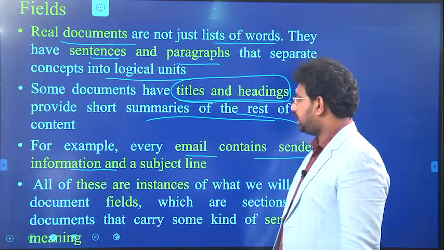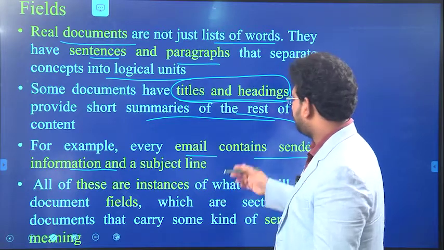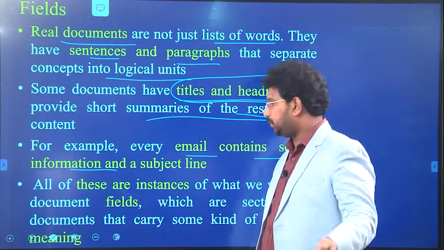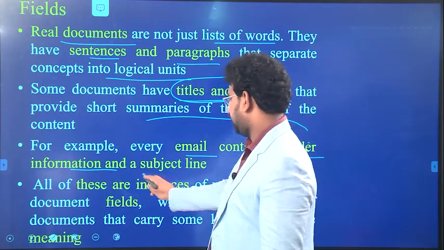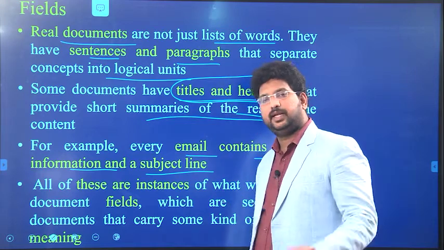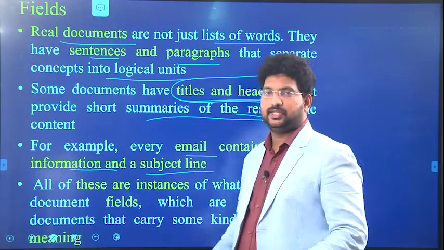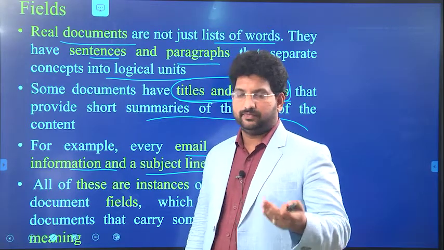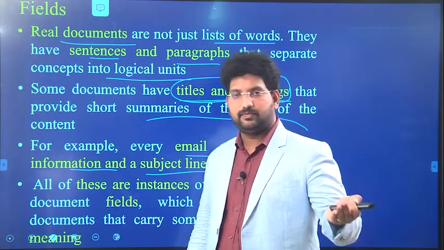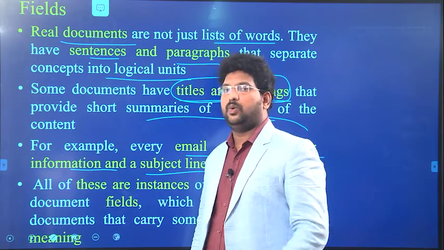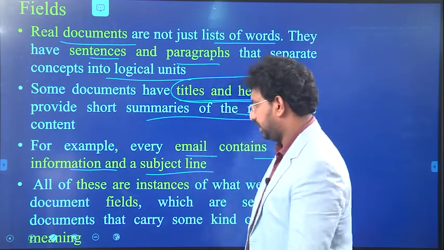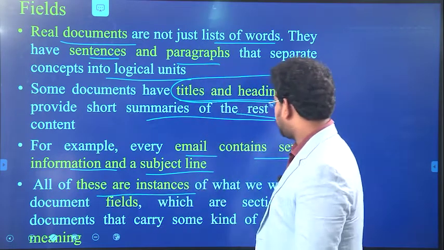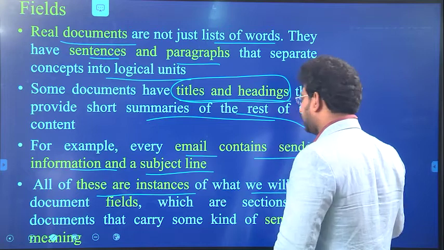An email contains the sender information, who has sent it to you, and a subject line. If anybody sends mail to us, they will attach a subject accordingly, or they will forward it. If they forward it, we will have the sender information, who has sent it, and the subject. And all of these are instances of what we will call